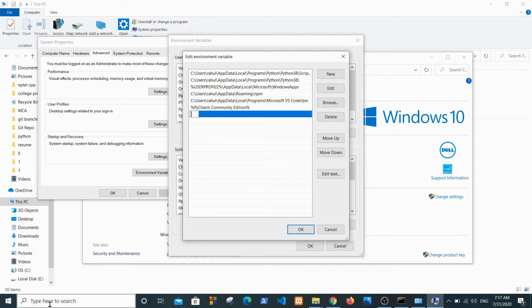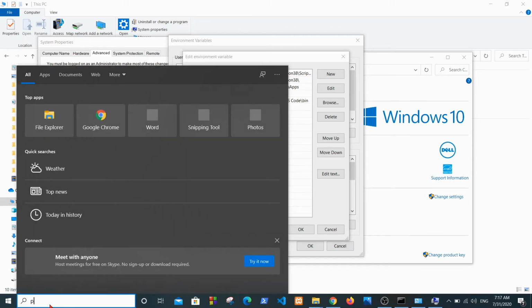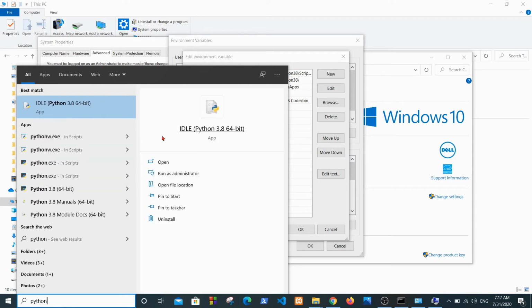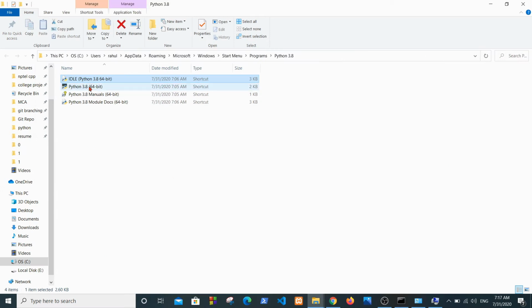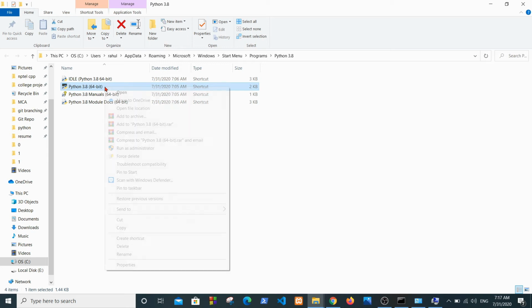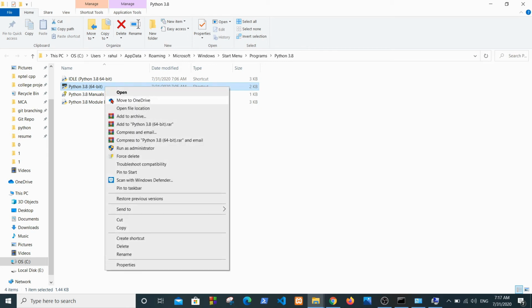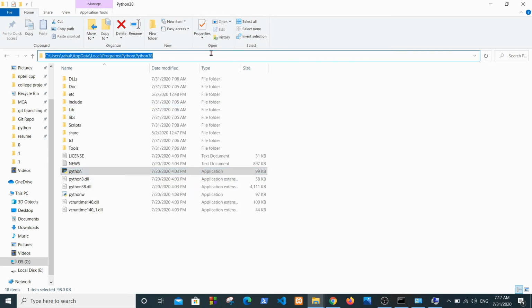So just type Python, open file location, and click on this Python 3.8. Right click and again open file location and copy this path.